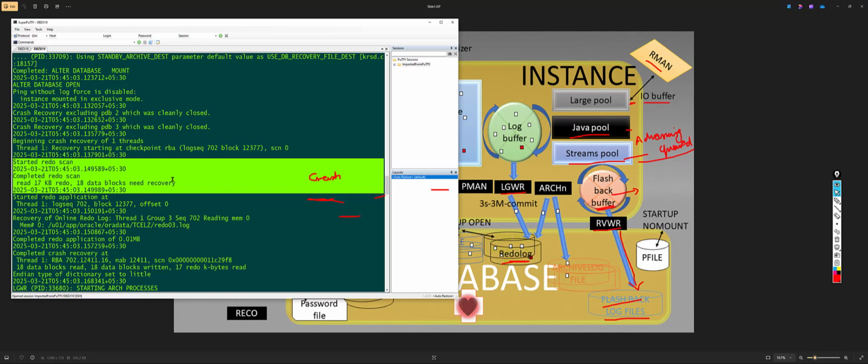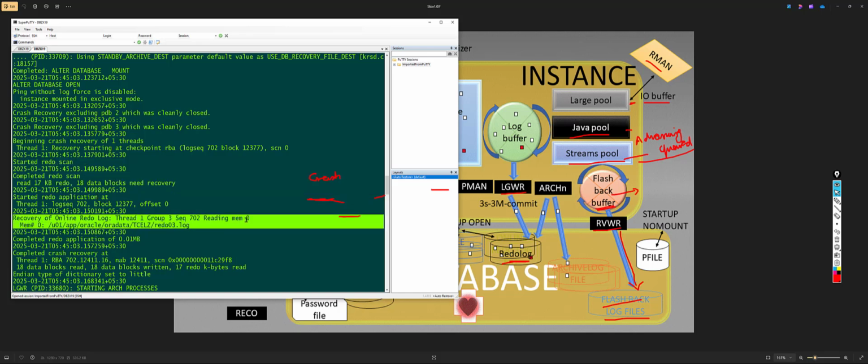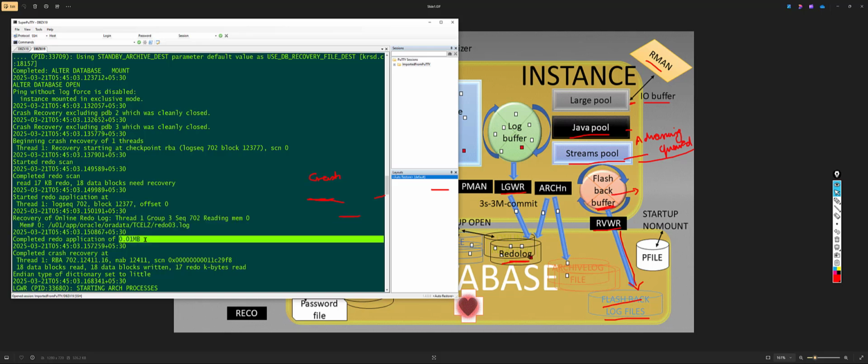So that is part of taking the backup and doing the recovery manually. So that is something different. For that reason I am explaining this. If you see recovery of online redo log, there is a message. It has recovered almost 0.01 MB of data. SMON is the process which does all these checks. It just checks the redo log file and makes sure that whatever data which is not